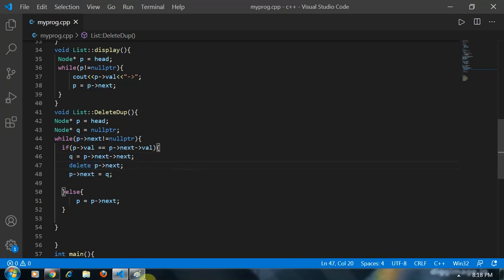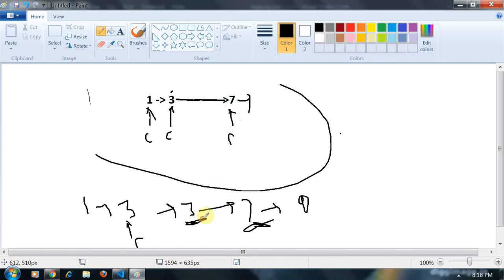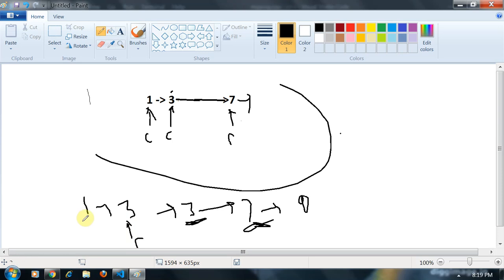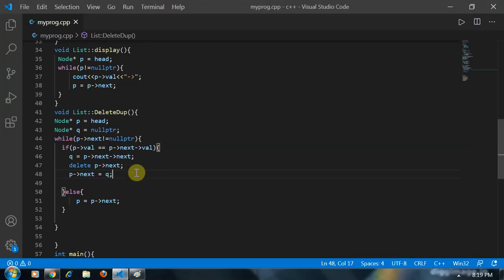Then delete P's next means delete this node, and P's next equals Q means 3 will point to 7. Simple. And if the value of the current node is not equal to the current's next node, then simply increment the pointer.